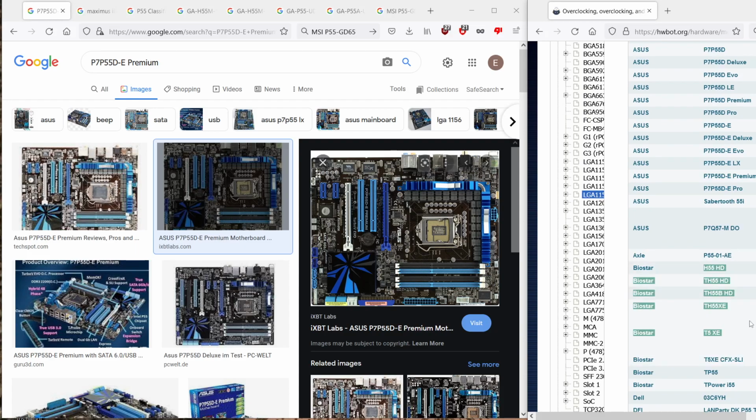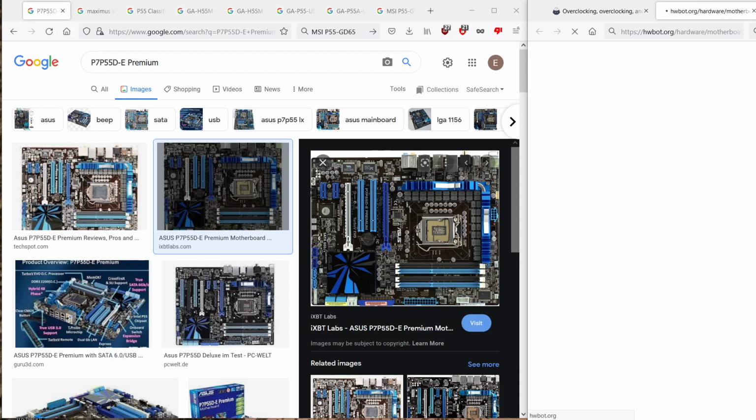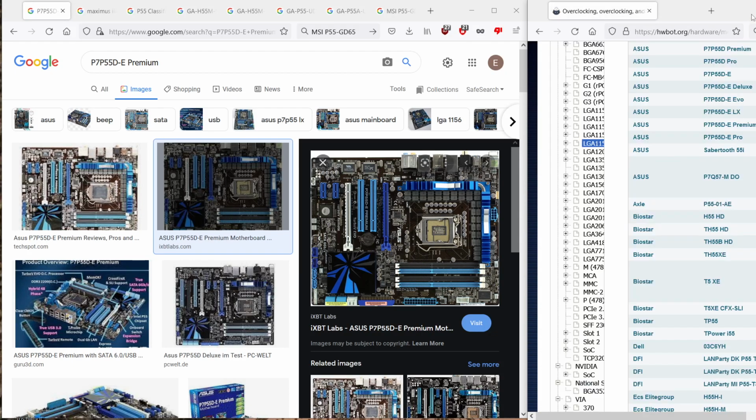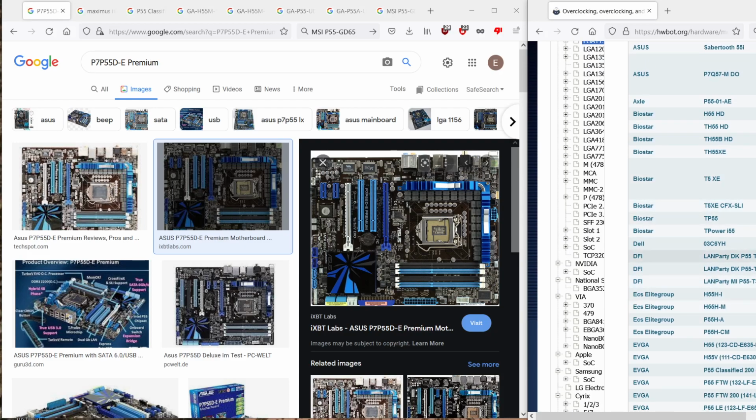Biostar, I never had one, but the scores don't look good, so maybe. Actually, let's look at what the T-Power did. Yeah, 231. Anyways, there might be a chance here because Biostar sometimes has decent stuff, but if you want a board that you know is going to be good and don't want to experiment on your own, then ignore Biostar as well. DFI, I had a